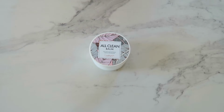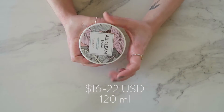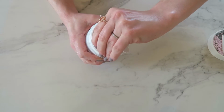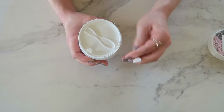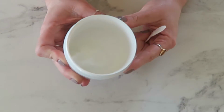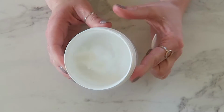First up, I have the All Clean Balm by Heimish. This is probably my most favorite makeup remover ever. It absolutely destroys makeup. It has this really, really awesome sherbet style consistency. It has this little top here. You pull it off, a little spatula that comes with. Set those aside, and if you can see what's left of it, it has this really cool sherbet style